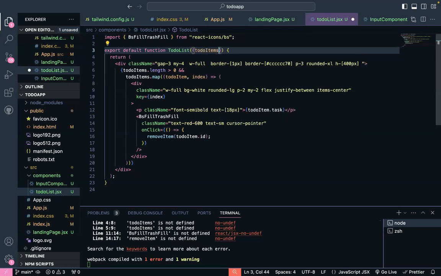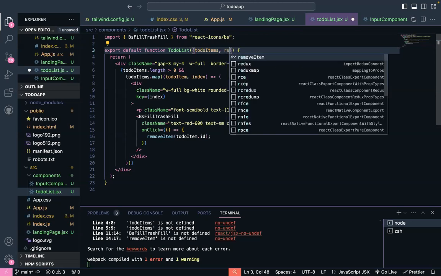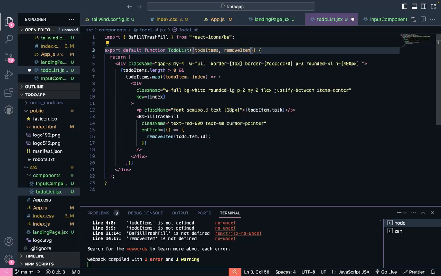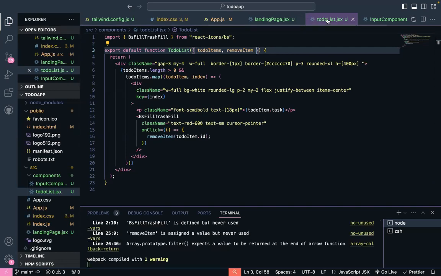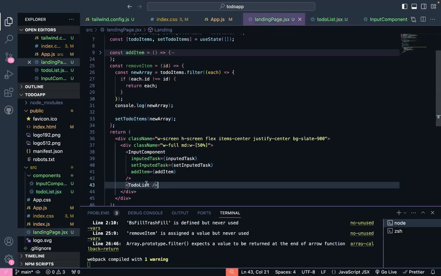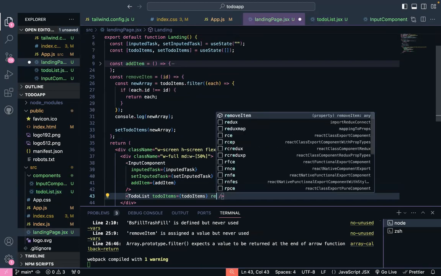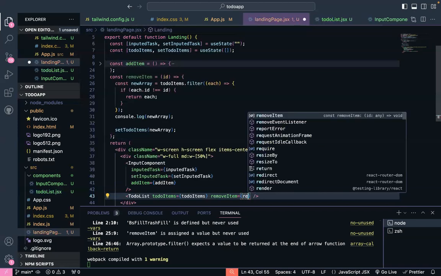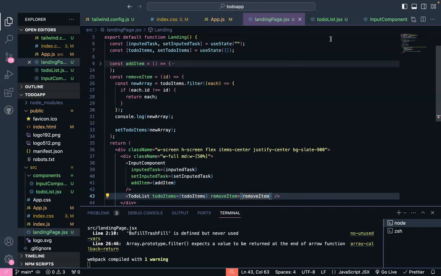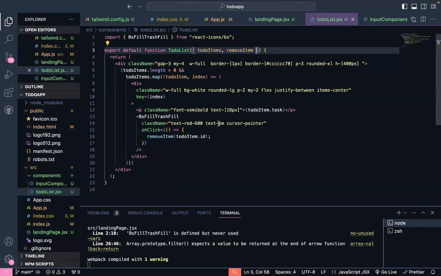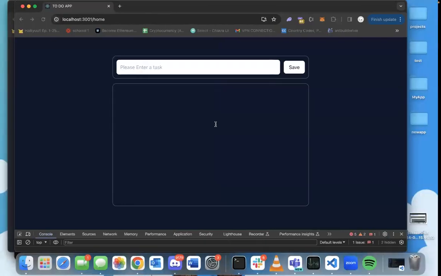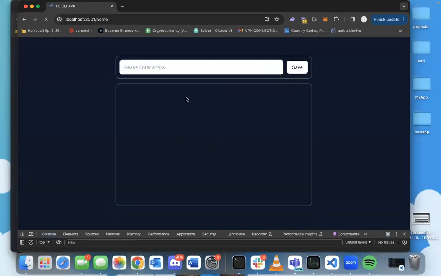I want to ask for to-do items and I want to ask for remove item, right? I save this guy and I come all the way to my landing page. And since I'm asking for props, I only have to pass in those props. I can say to-do items equals to-do items, right? And remove item equals remove item, right? I pass this here and then I save this guy here and then this is right back, which basically means